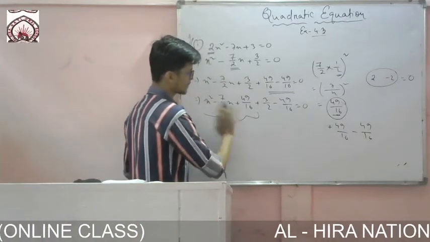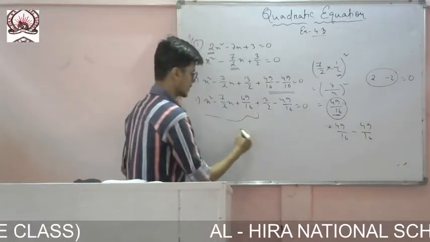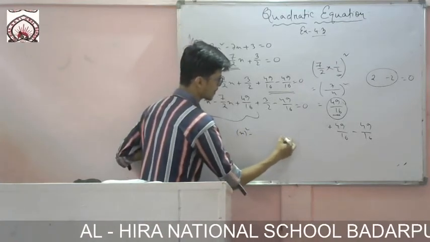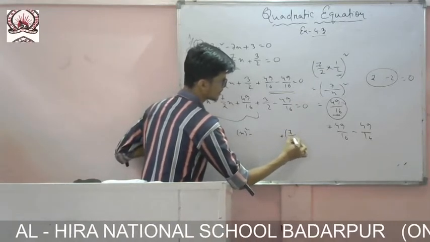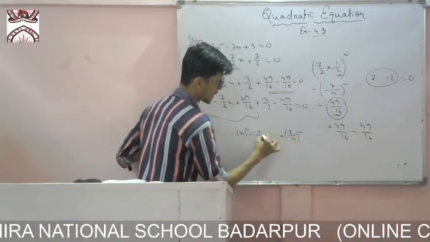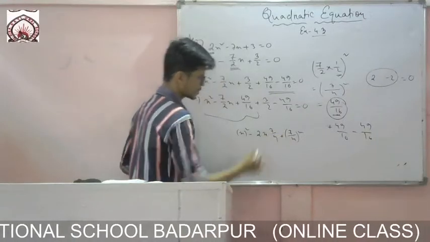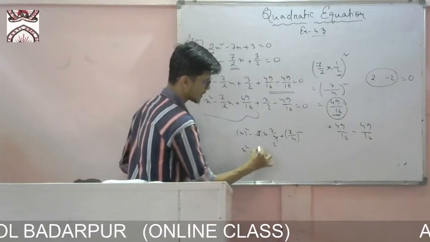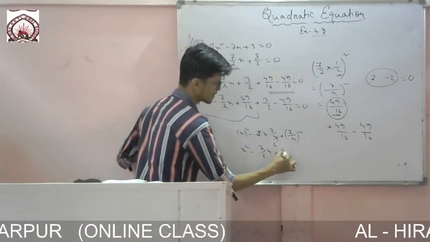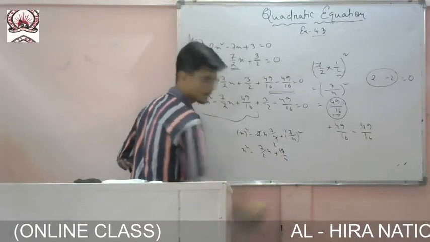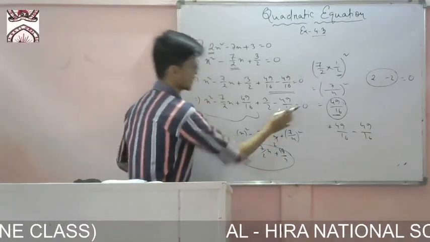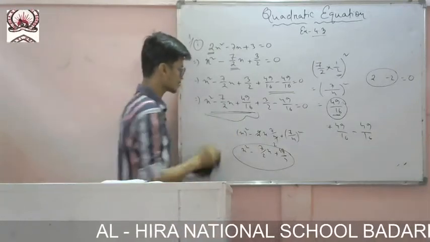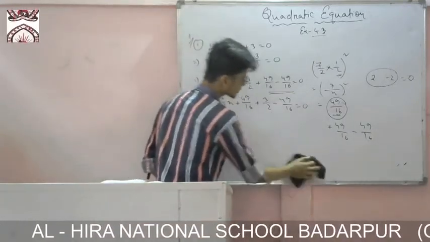If I arrange it, I am just showing you this, you need not do it. It will be a square minus twice ab, and this one, 49 by 16, means 7 by 4 square. So that means twice ab, you cancel it, and 7 by 2 is left. So it is coming x square minus 7 by 2 into x plus 49 by 16. That means if I do like this, then this part will be a square term, so I can write it like this.